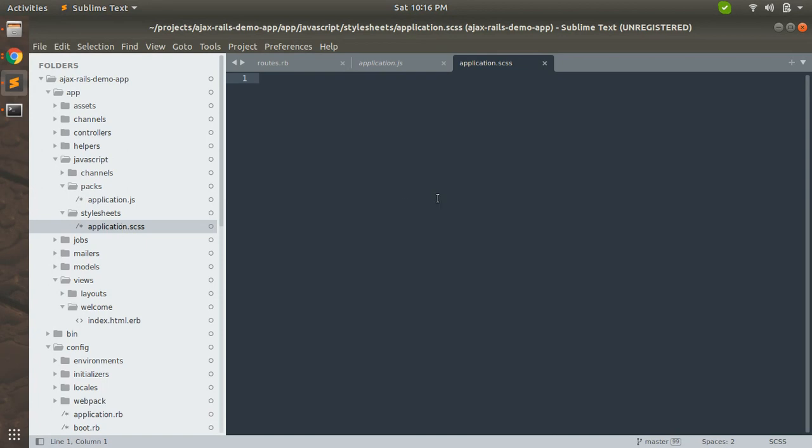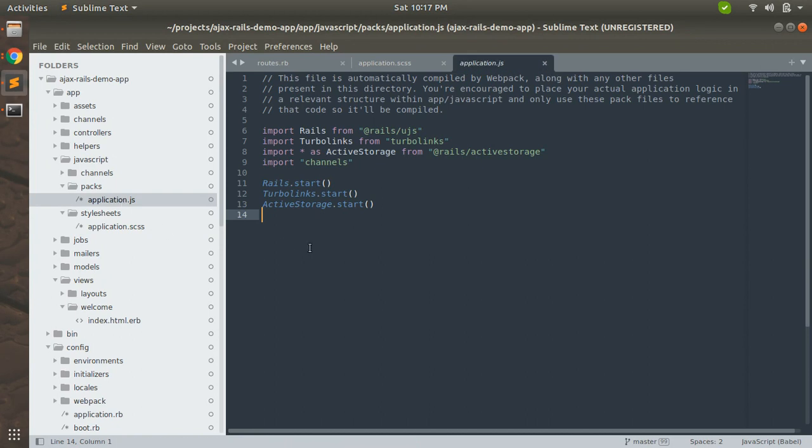The file has been stored here now, and now we need to import Bootstrap here. I'm adding the SCSS version of Bootstrap, and now you need to add this file here.